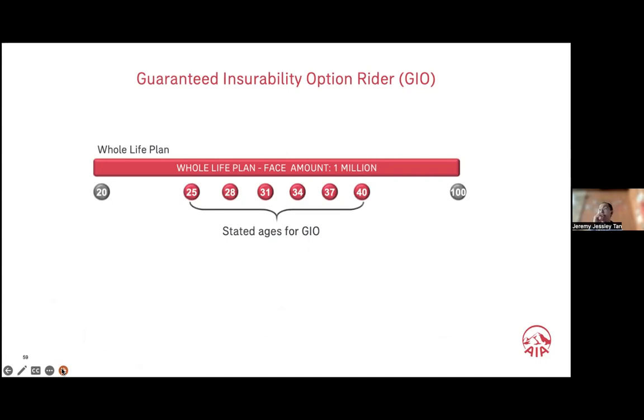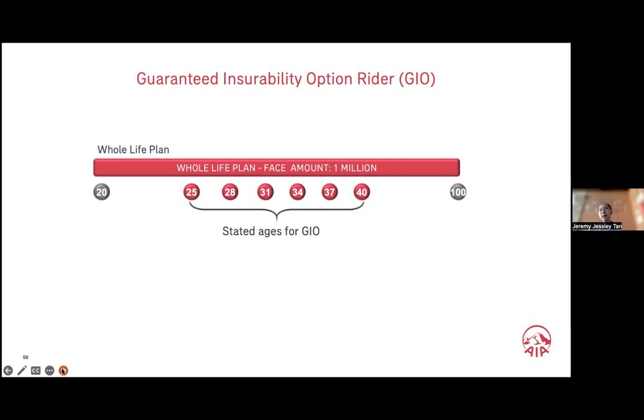Why would you do this? Well, basically, you're locking in your insurability. Because at an early stage, you can't yet afford it. Your goal is to get 5 million coverage, right? But you can't afford 5 million worth of coverage right now at age 20. So you're going to lock in certain ages where you say, okay, I'll get it. Maybe by 25, I'm more ready to get an additional policy of the same kind. And whatever my health status is then, I'm still covered.